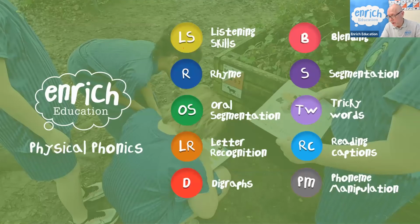So, the Physical Phonics Pack covers all the main phonics skills and knowledge that children need to master. It gives children opportunities to practice everything from listening skills to using phonics to read and spell words, phrases, and short sentences. It's divided into the following topics: listening skills, activities to help prepare children for phonics teaching; rhyme, games to help children hear and identify rhyme and to match rhyming words together;